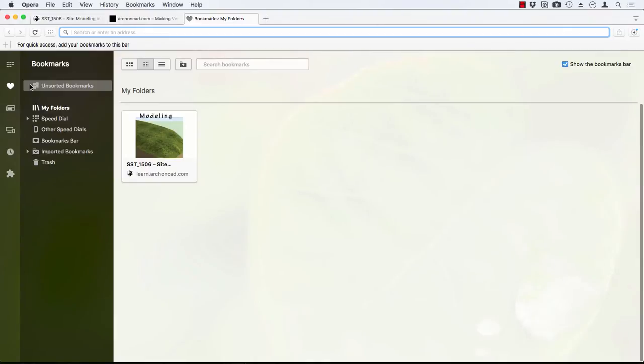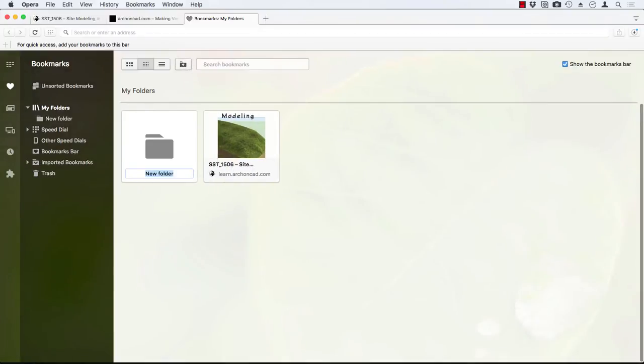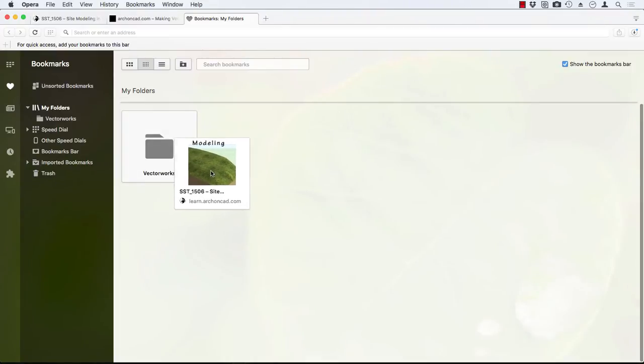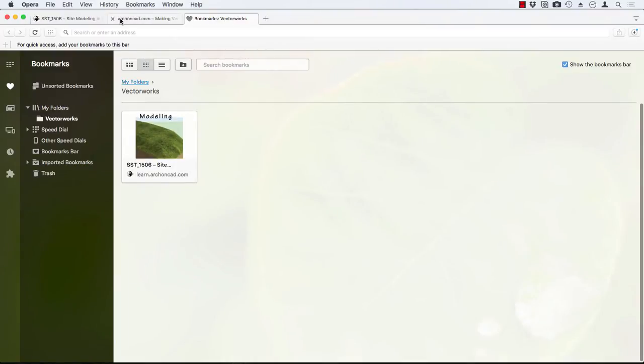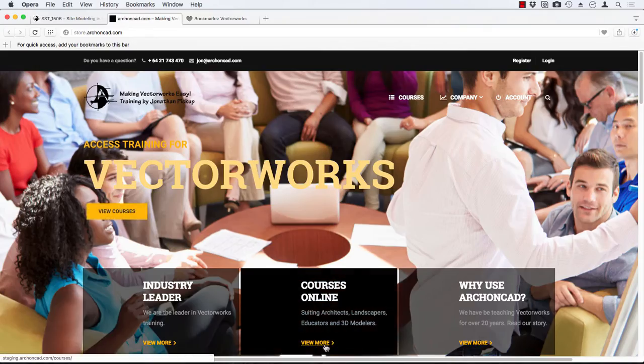Now, Opera has a completely different way of doing it. It has a whole area where you can create new folders. Let's call it Vectorworks. So what if I want to put this one inside there? Make sure nothing is selected. Click on it, drag it, let go. It's now inside Vectorworks. So if I go back to my store,